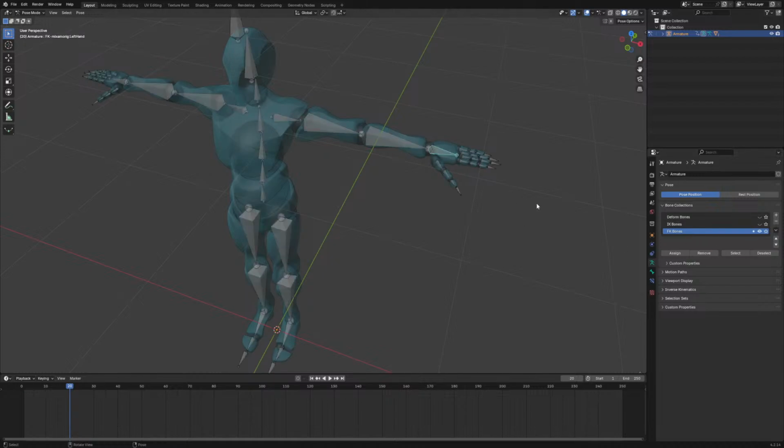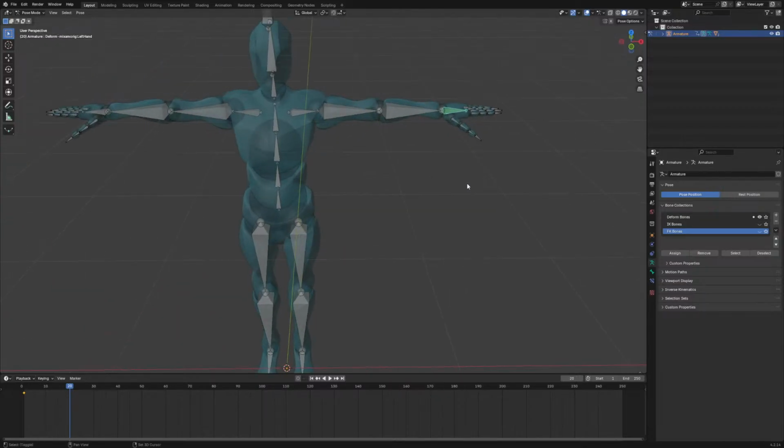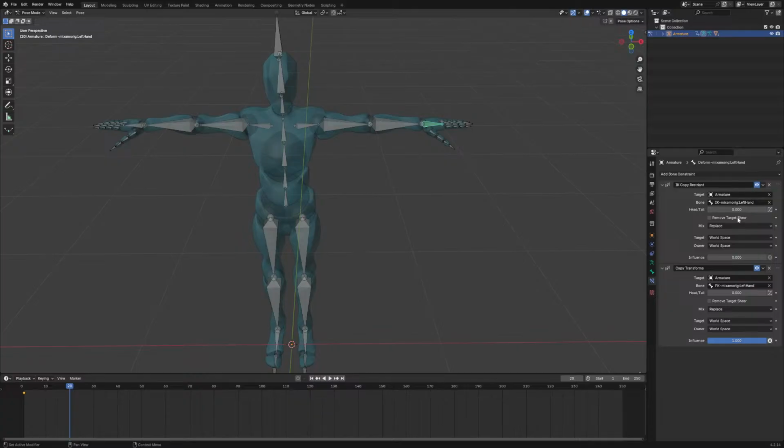So now the FK bones should control the movement, and as you can see, the FK bones control the movement of the hand here. And if you go back to the IK bones, they don't control the movement at all. So very nice, very nice. That is working splendidly. So this guy is going to be called the FK copy